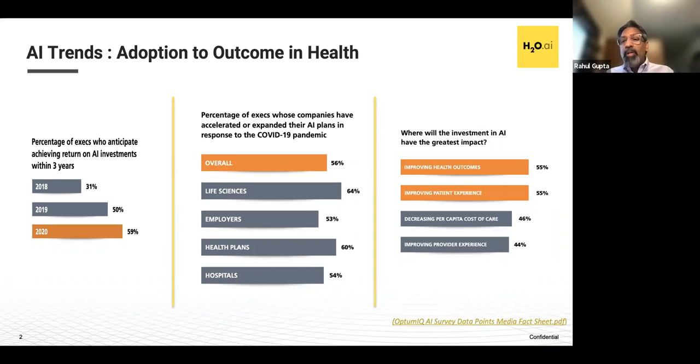The last is, most of the work that we do comes out in two parts. Either it goes into increasing the top line, which is improving health outcomes or patient experiences, or it goes into reducing the cost of care. We know that cost of care is probably one of the biggest challenges in any health discussion that you have. And almost 500 executives, broken down by these percentages, feel that this is how AI is going to contribute. Now, this is a very positive message that we have, but let's look at